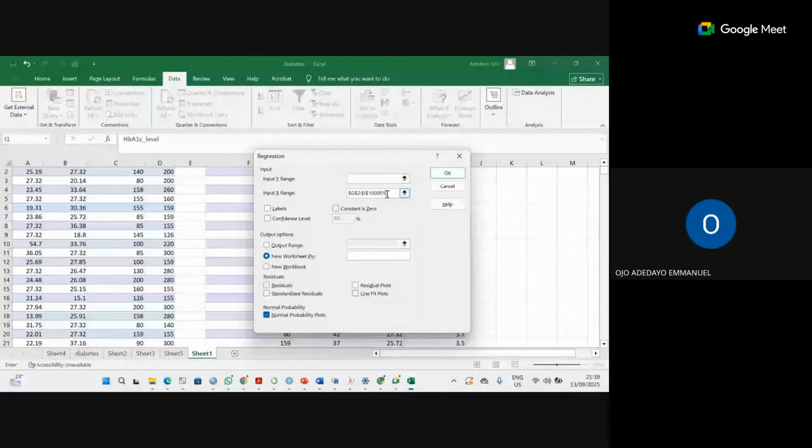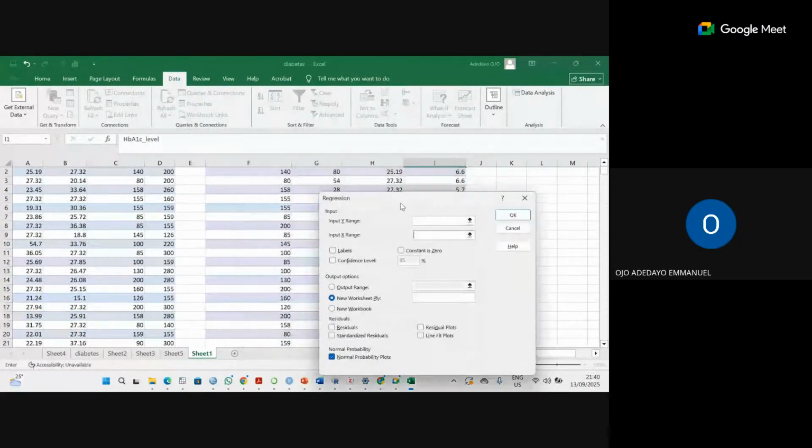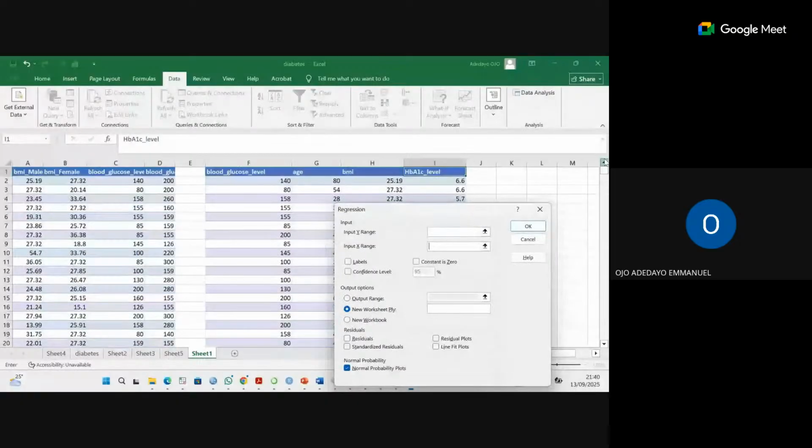We have two boxes here. The first one is for your dependent variable, which we categorize as Y. The second one is for your independent variable, which is X, also called the predictors, or we call it explanatory variable. So now, to put it here in Y, once you click the first cell here,